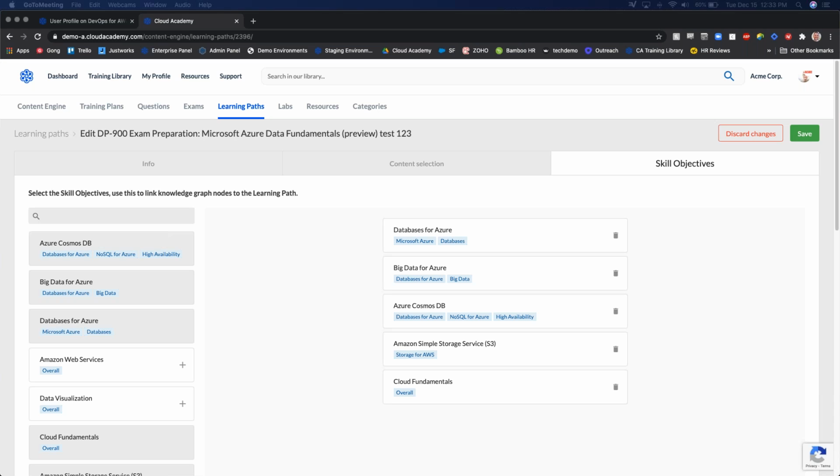Those use cases are just, there's so many different ones, and this is just the kind of thing that brings everything together. We want to allow that flexibility for you, not such a rigid line where you only have access to what's here, but you can actually bring complete contextualization to everything. It's really been exciting to see how Content Engine has been adopted, from very basic level use cases, to then moving into, as they mature in their cloud model, much more highly contextualized and more technical customization of the learning that's being done there. So yeah, this is a phenomenal tool, and again, completely unique to Cloud Academy.